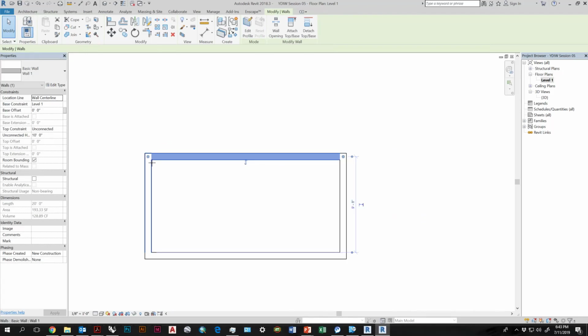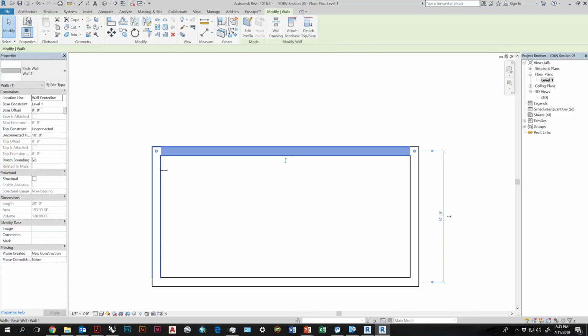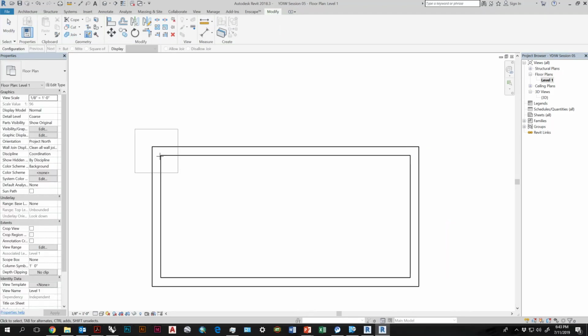Okay, so that worked, but there's definitely a way that you can click on it and it automatically switches which one it is. I think it might be wall joins. This is how you do it. If you go to the ribbon while you're editing the wall and you click on wall joins, this will allow you to modify which wall is the dominant wall. I think you can change whether it's mitered or butt, or squared off. You can disallow the join.